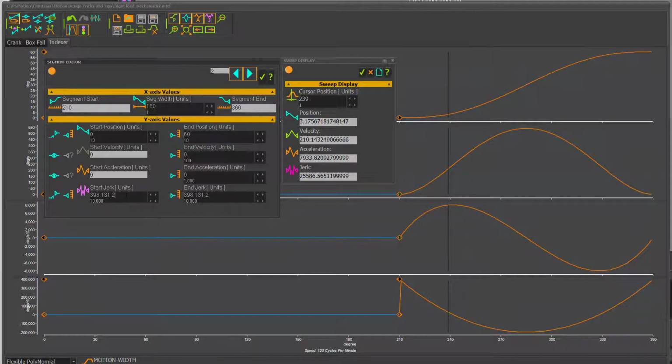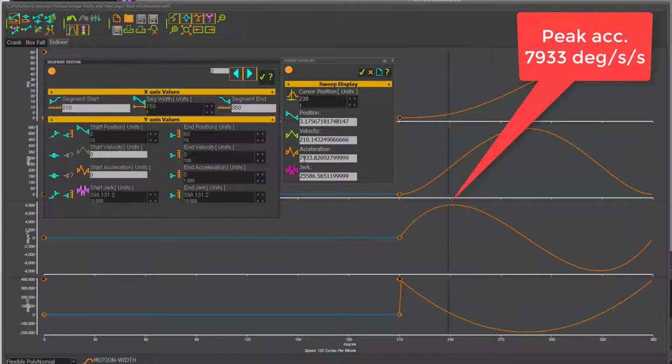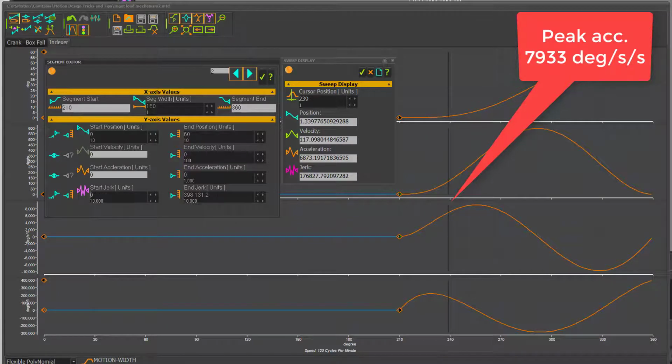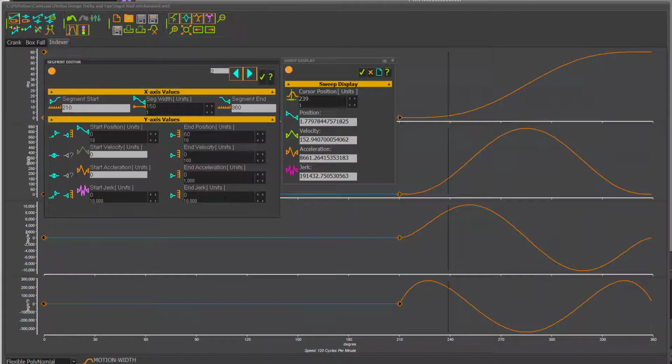So I'm going to take this down to 0. At the moment the acceleration is just under 8,000 degrees per second squared. So I'm going to take this to 0 and this to 0. So both ends now I've taken the jerk right down to 0 at both ends of the segment, and now I'm going to move